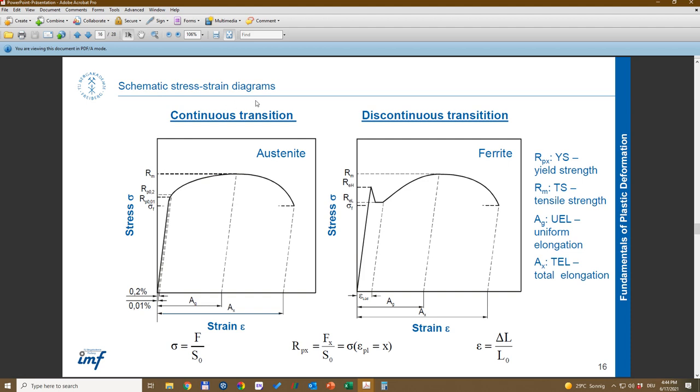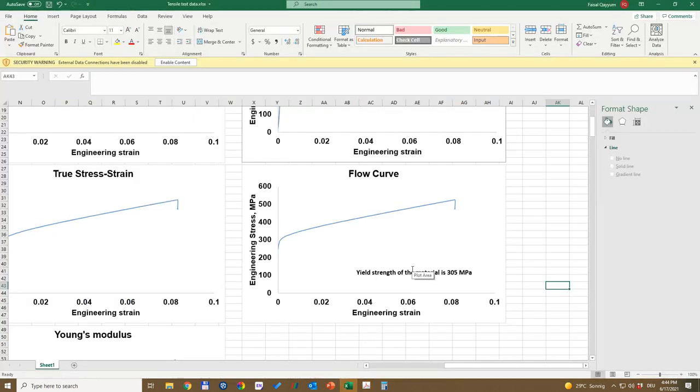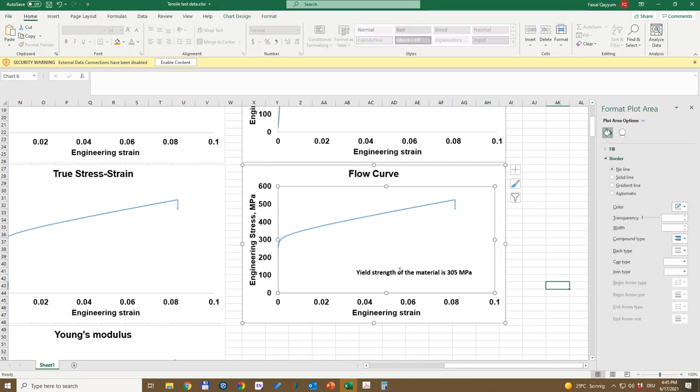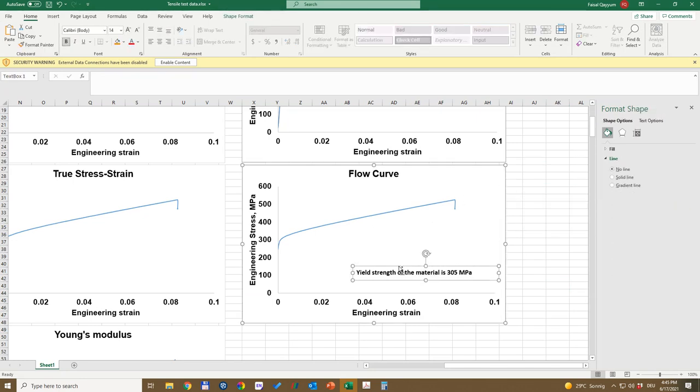When there is continuous transition, which is our current case, the ultimate strength is the maximum force, the maximum stress which the material undergoes, and that is basically this value, which is around 513 MPa. So I will copy this and